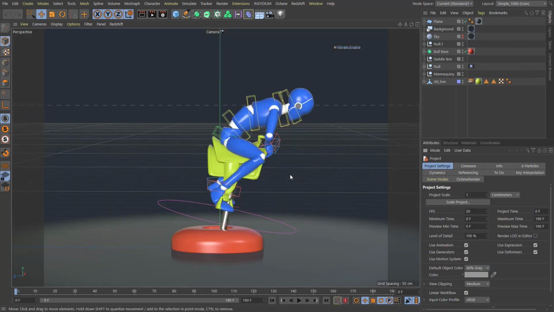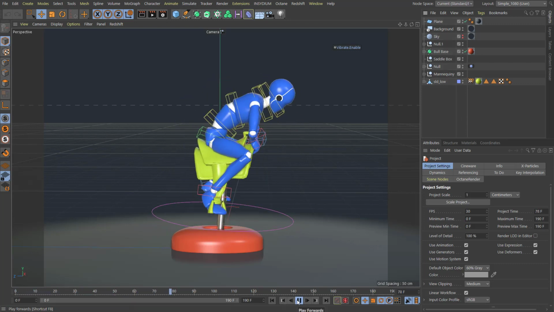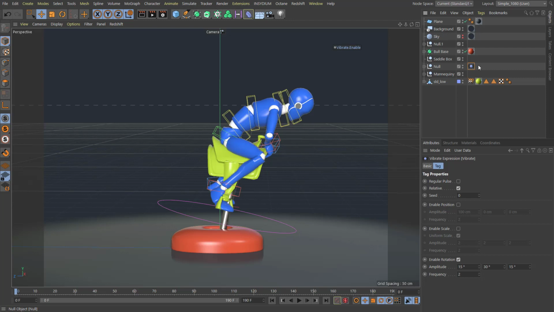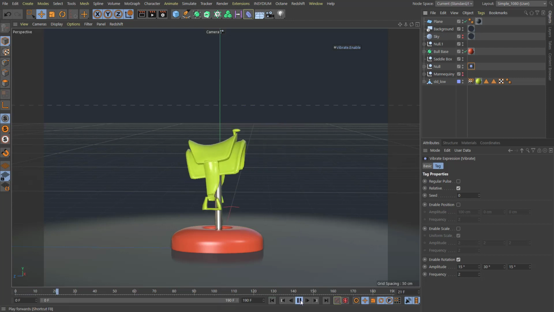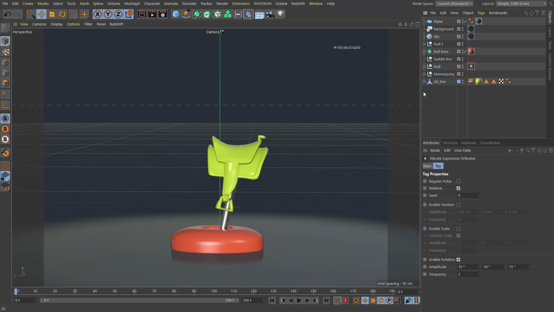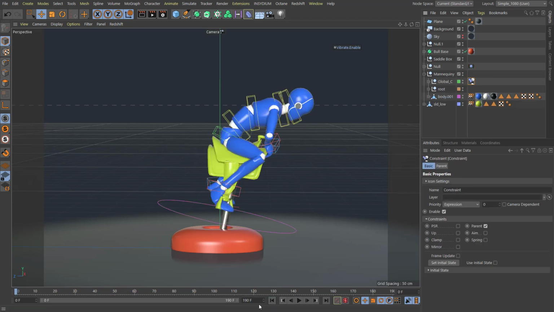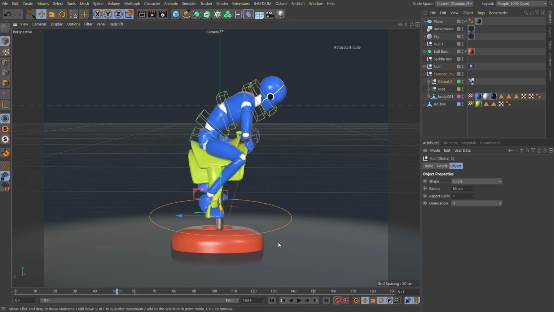Let's check out this example. This example is a mechanical bull, and there are no keyframes again in this animation. Everything is driven by this vibrate tag. This vibrate tag is rotating this mechanical bull, and then I have parent constrained the character to this mechanical bull, basically. So this is the global control of the character, and it's parent constrained